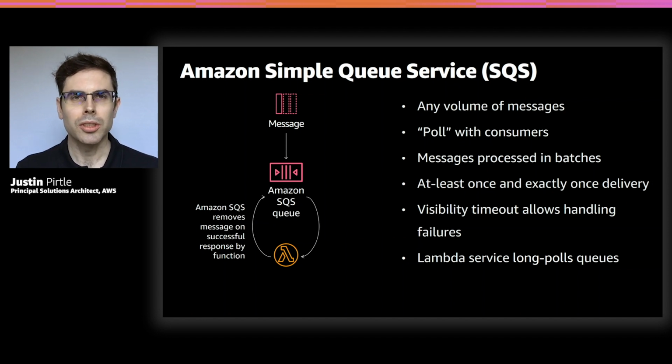Now what we have with SQS, by default, is what's called at least once delivery, meaning that we have the ability to receive messages and guarantee they're read at least one time. And this is implemented via what we call visibility timeouts. So when you have a consumer poll the queue for a message, we then basically have the message go invisible, though not deleted from the queue.